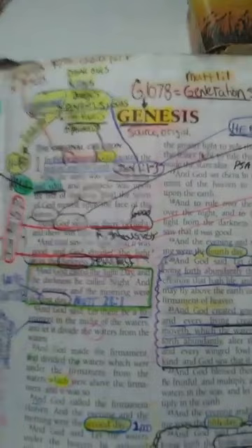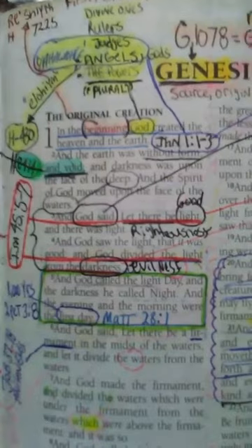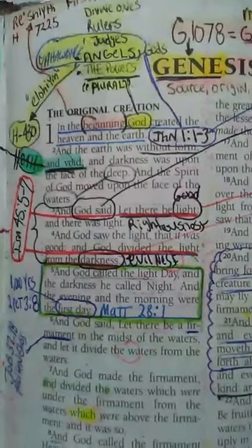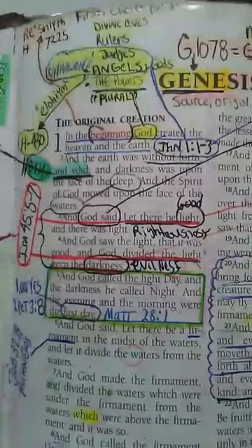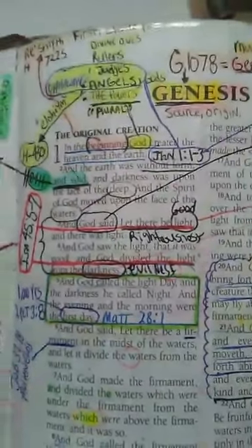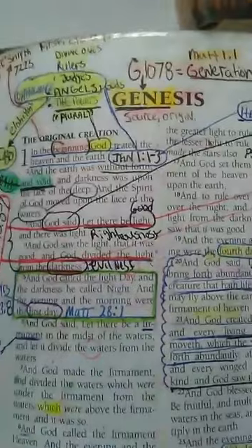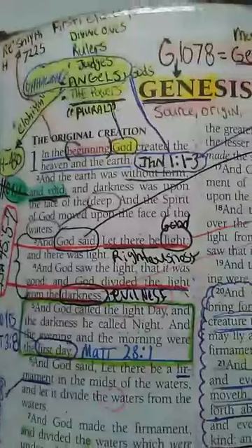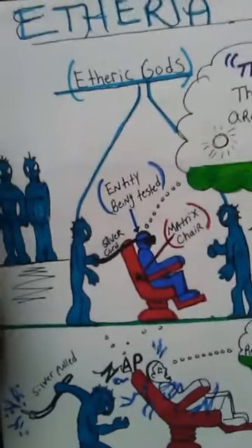In the beginning, it says, in the beginning. Not at the beginning, but in the beginning, it says God created the heavens and earth. Now, this is not who you call Yahweh. This is not the sovereign Lord. This is not the ultimate Lord. These guys right here in the beginning that created the heavens and the earth, these are talking about the etheric beings. These are talking about the etheric gods. The etheric gods are the ones that created the heavens and the earth.